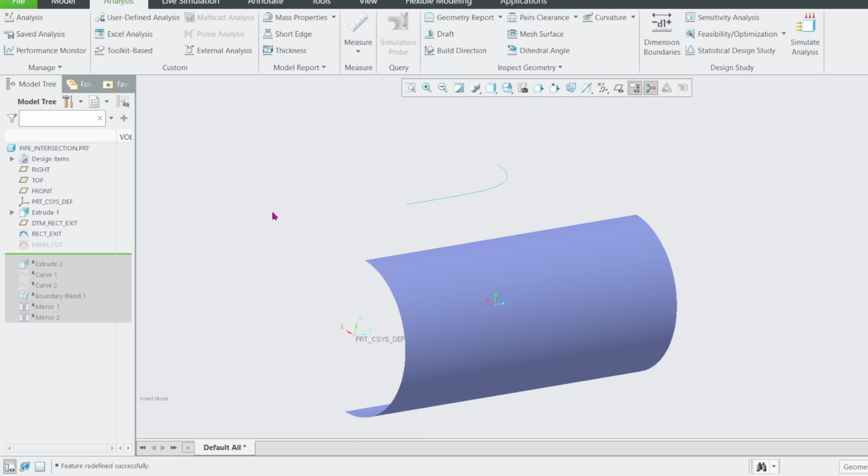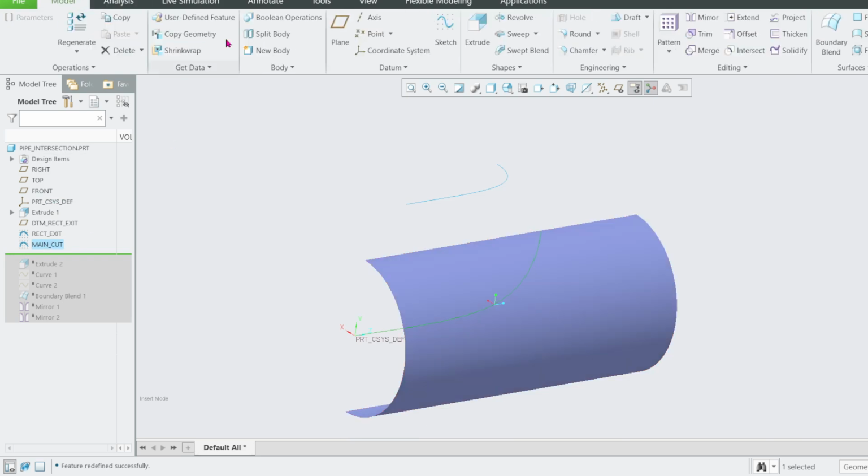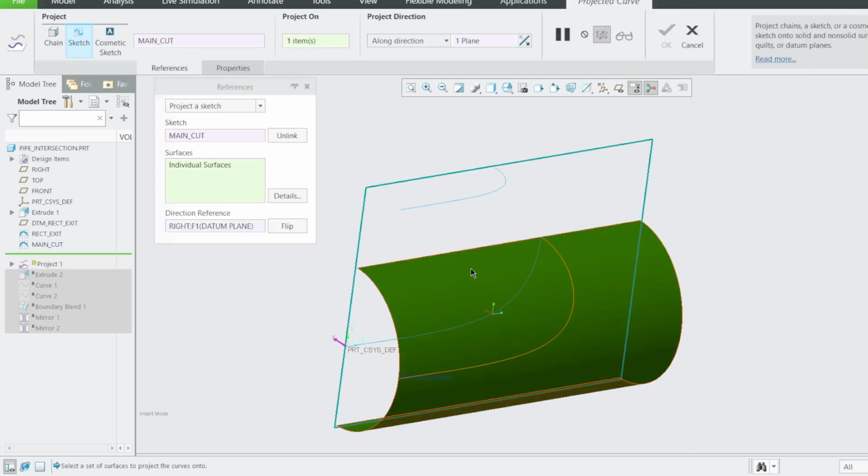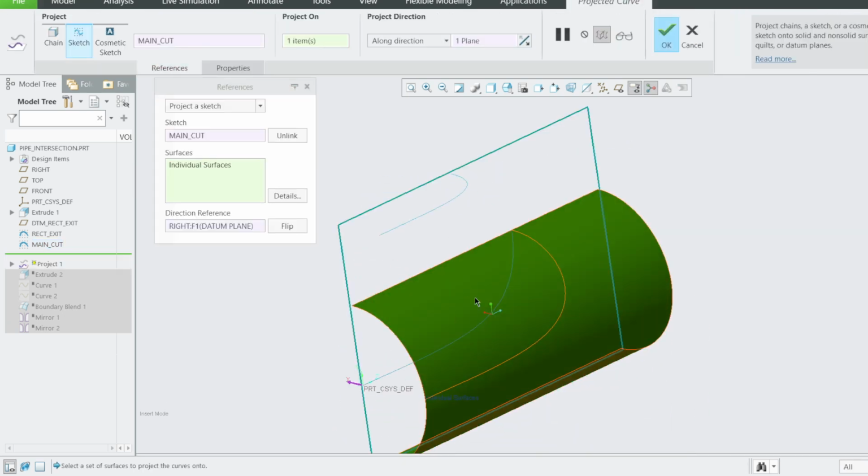Now, one thing we need to do, using this sketch here, you can trim this in two ways. You can decide to extrude cut or project. For me, I prefer using surface techniques, so for the purpose of demonstration, I'm going to use project. You take this curve, you project it to this surface. As you notice, it automatically selects the direction for me, right plane,